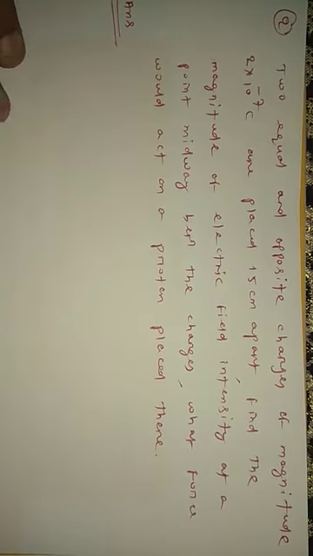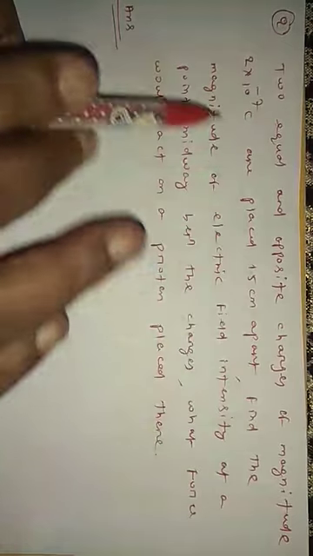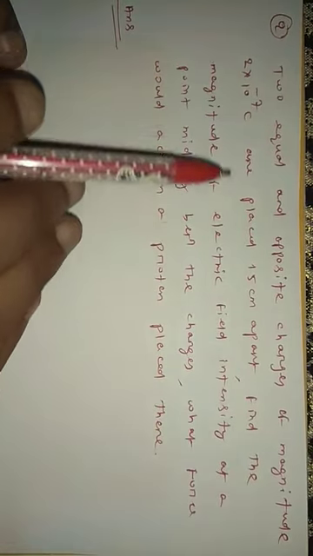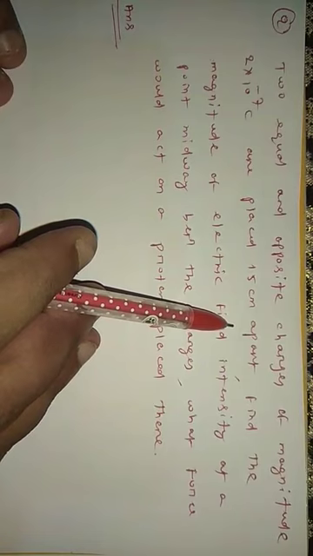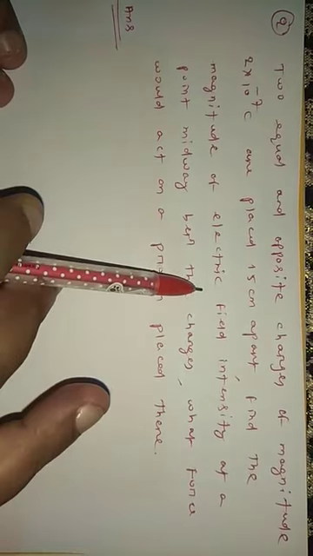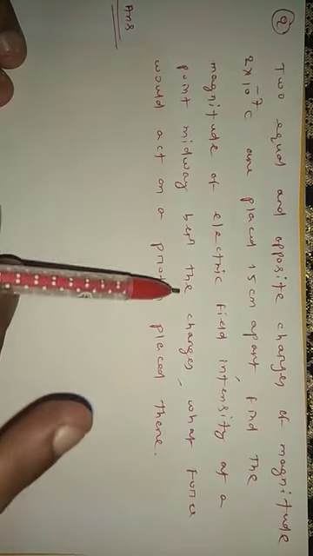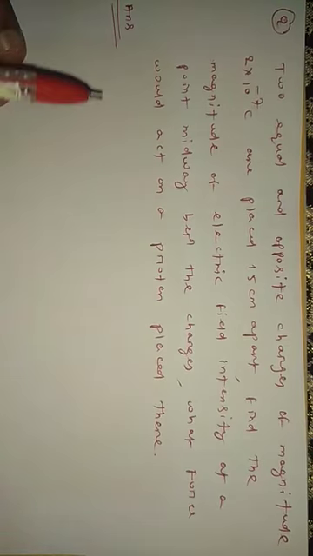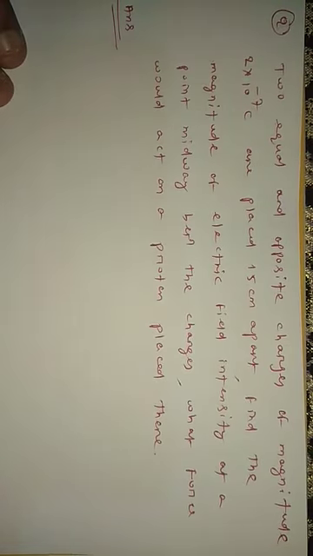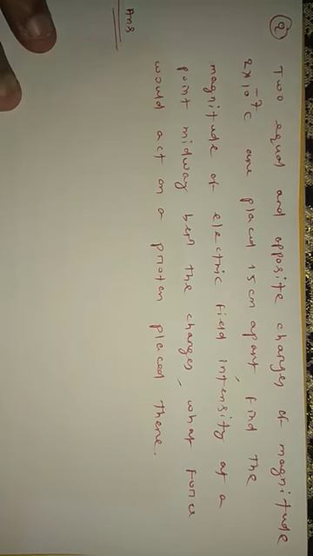Another question. Two equal and opposite charges of magnitude 2 × 10⁻⁷ Coulomb are placed 15 centimeter apart. Find the magnitude of electric field intensity at a point midway between the charges. Also, what force would act on a proton placed there? So